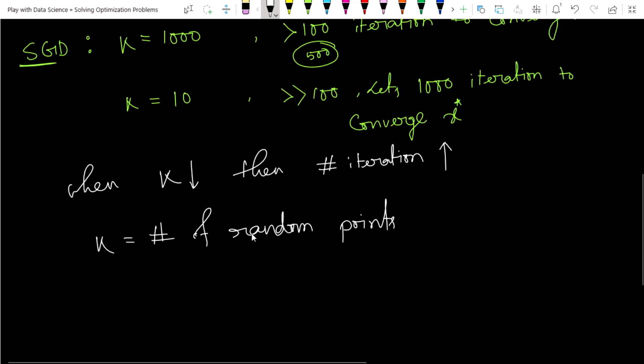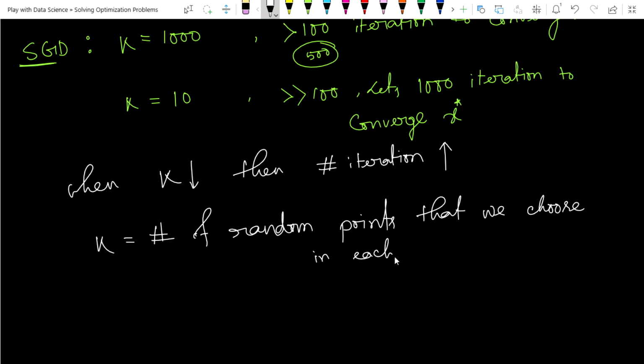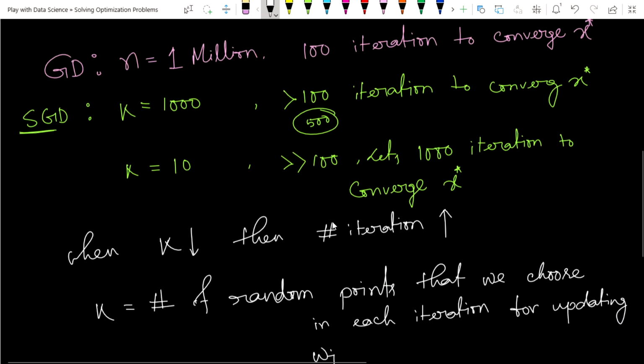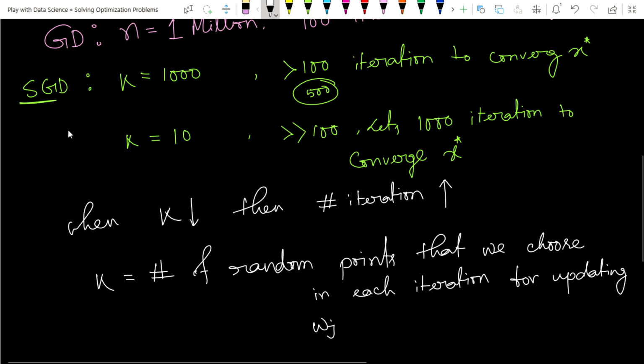So simple, k is equal to the number of random points that we choose in each iteration for updating our weight vector wj. Okay, so I think you understand how the stochastic gradient descent algorithm works.